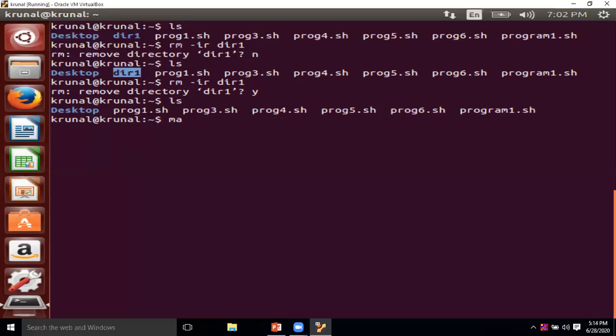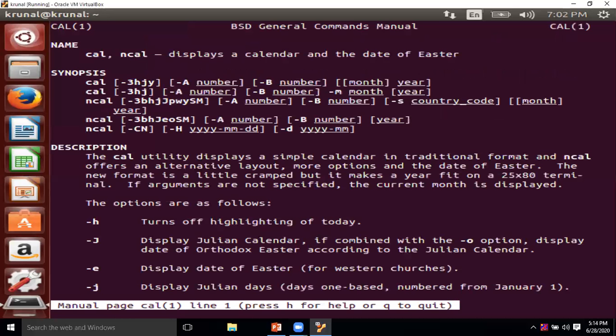If you know the command but don't know the options and how to use it, this command will help you identify the syntax and the available options. So I will simply write man space the command name, cal. cal is not a calculator, it is nothing but calendar. Once I press enter, it will show me the help of the calendar command.